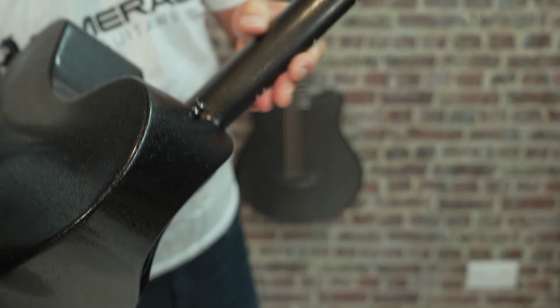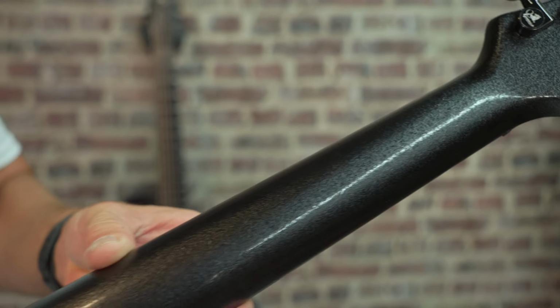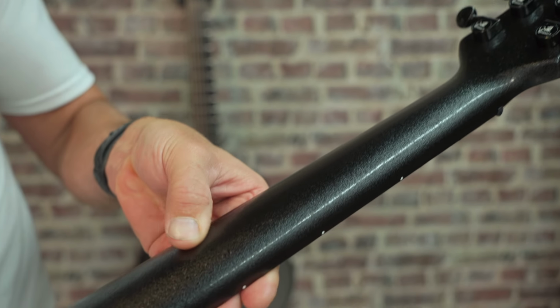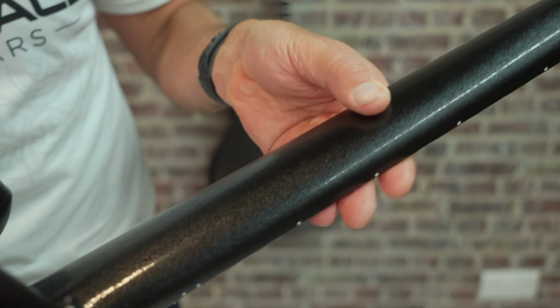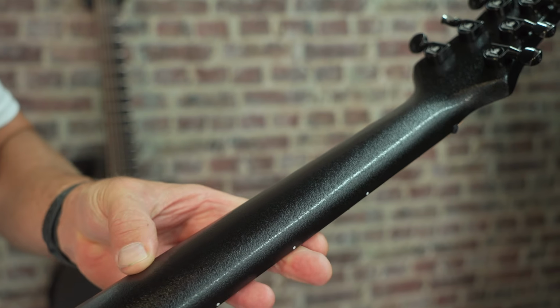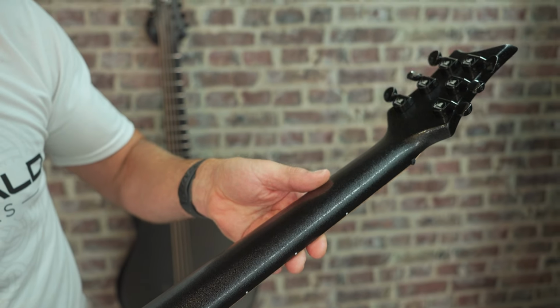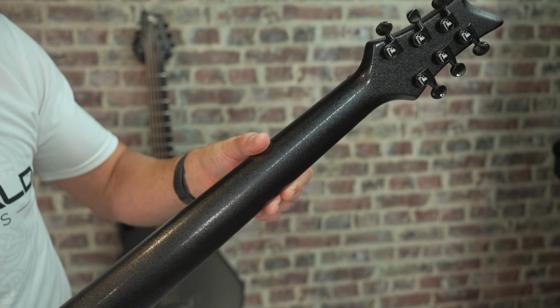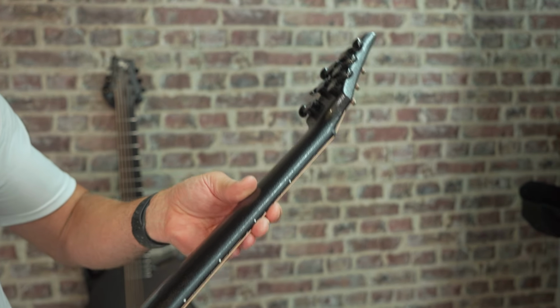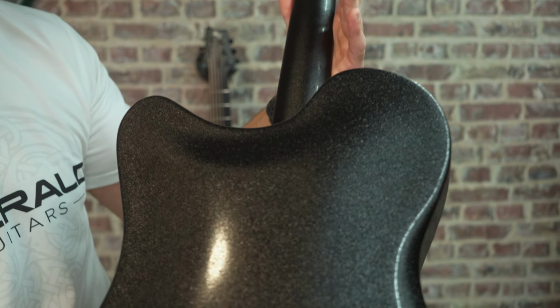Now, that texture is also on the neck. We polish it just slightly on the neck, and that's a really, really tactile finish. Because you've got less surface that you're contacting, it gives you a little bit less friction. So it's a very, very nice playing surface, and I think you're going to really, really enjoy that. The solid black crystal ice back and sides,